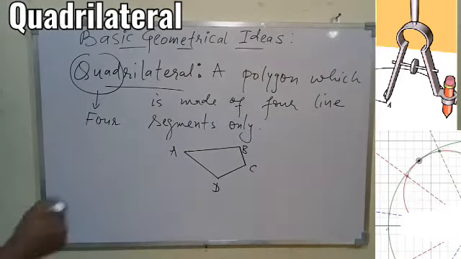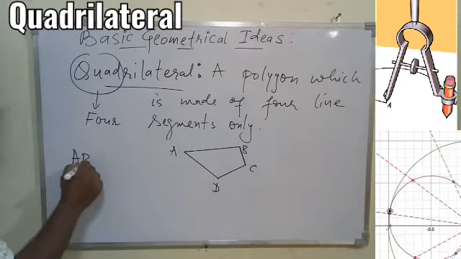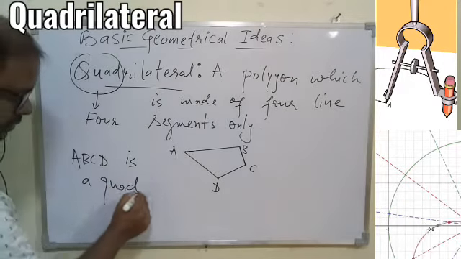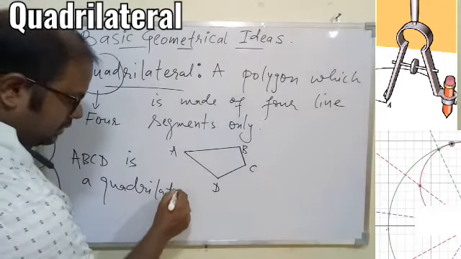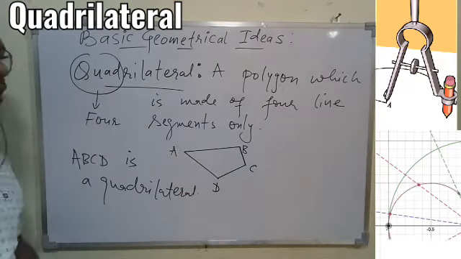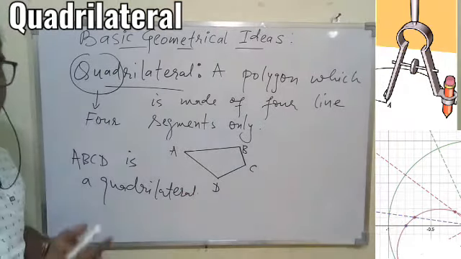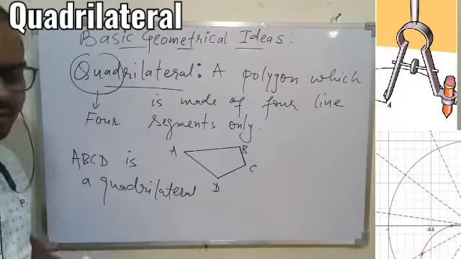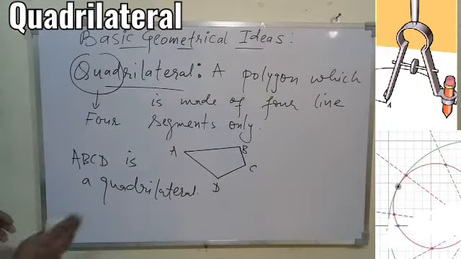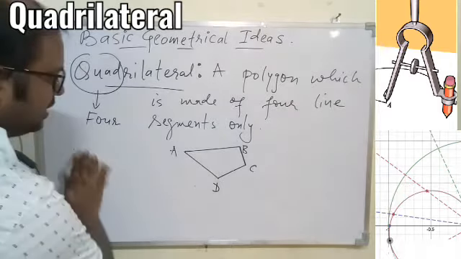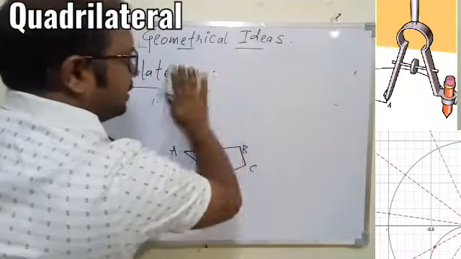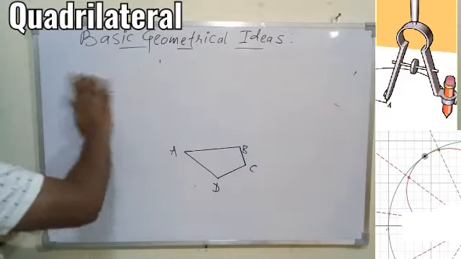Otherwise you can give any name to this quadrilateral. So we can say ABCD is a quadrilateral. That is how we can write it down. Now, once we understood the meaning of a quadrilateral, let's talk about the different parts of the quadrilateral. I hope the meaning is clear. I'm not going to erase this diagram; we can take the help of the same diagram for the next topic.